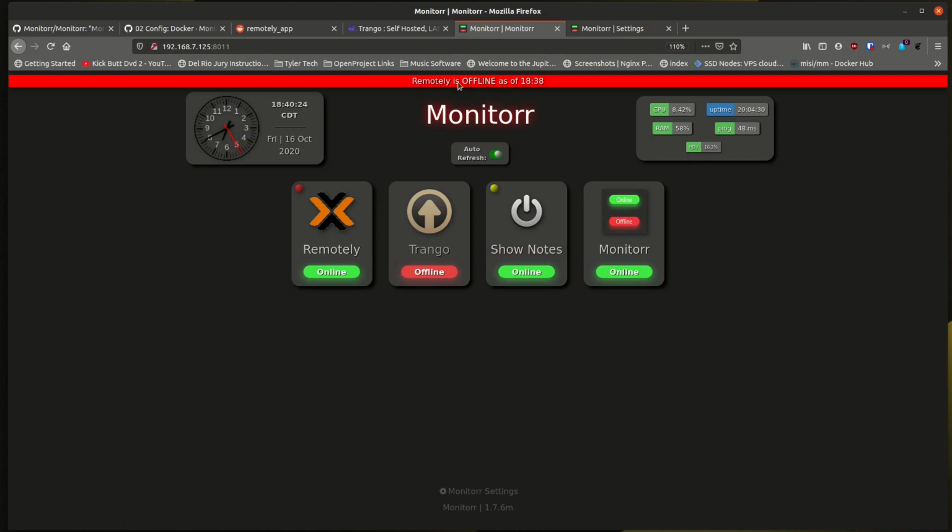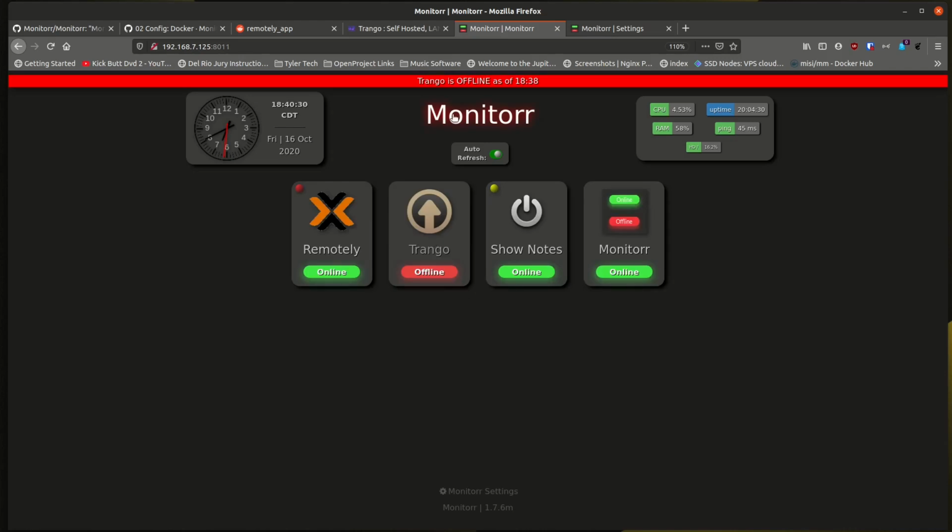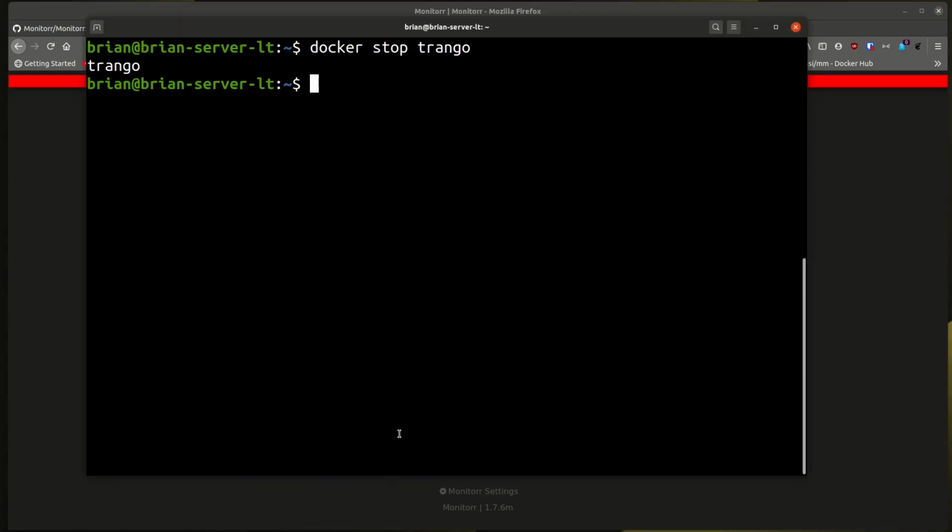So that's interesting. It's a little bug maybe, but there we go. Now I wonder if I refresh if it'll pick up the right thing. Trango, yeah. So now I got the right thing out of, maybe it's something about ordering or something like that, but there you go. So now if I just start Trango back up,